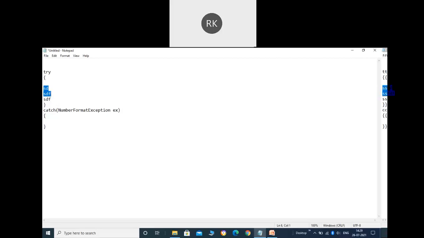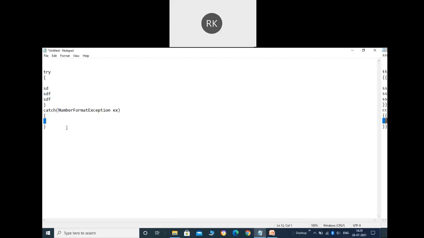Whenever the NumberFormatException is thrown there, it will be caught here using this particular statement. You can see it will match with the exception that we have thrown there, and accordingly, whatever task we want to perform in that case, we can specify within this catch block.